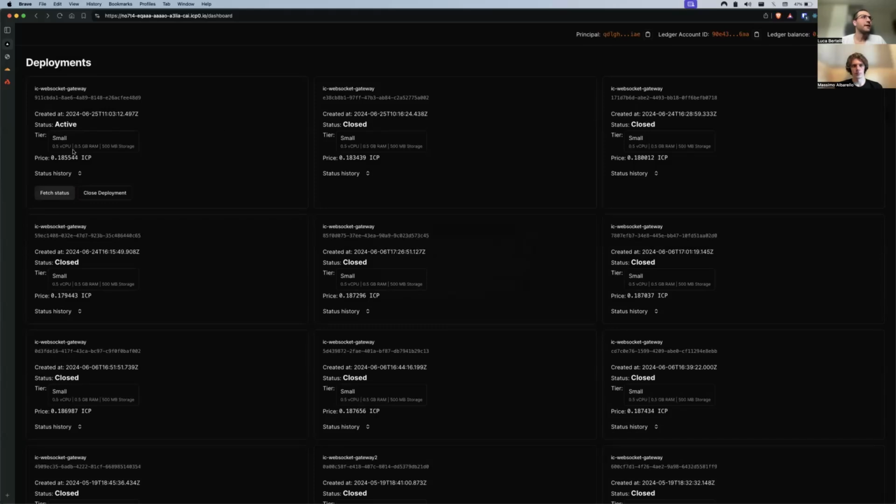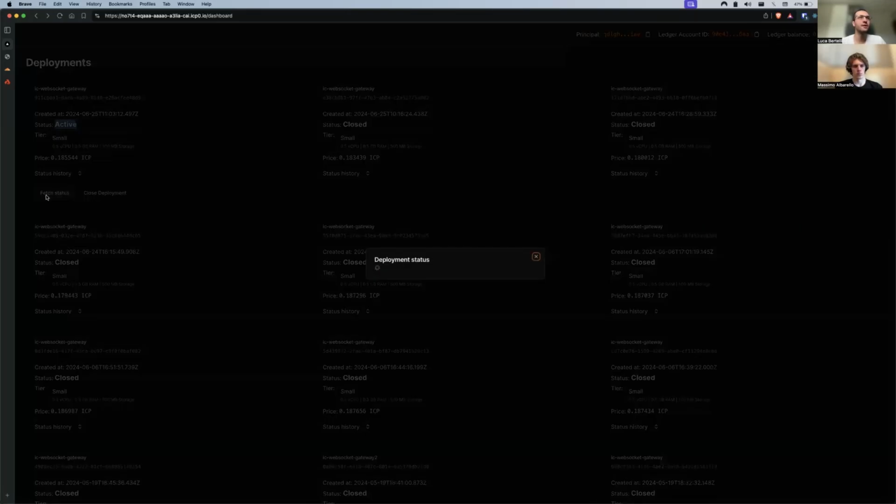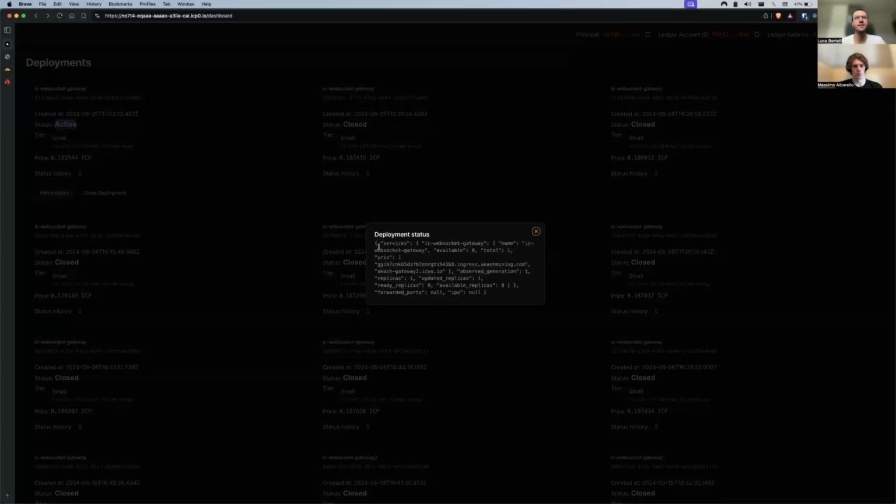So our deployment has been created and it's active now, as we can see from the list of the deployments that we have on this account. Since it's active, it means that the Akash network is already running our IC WebSocket gateway image, and we just need to associate our custom domain to that deployment in order to use the WebSocket gateway. To do so, we can fetch the status from the Akash network, and this gives us some details. One of them is this